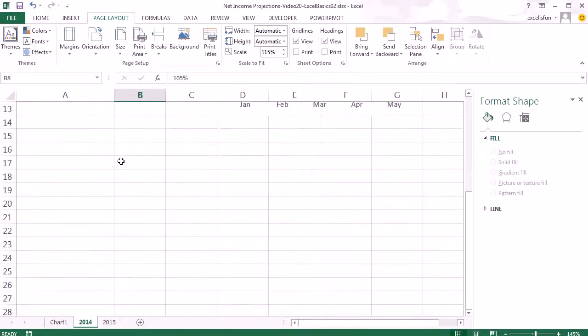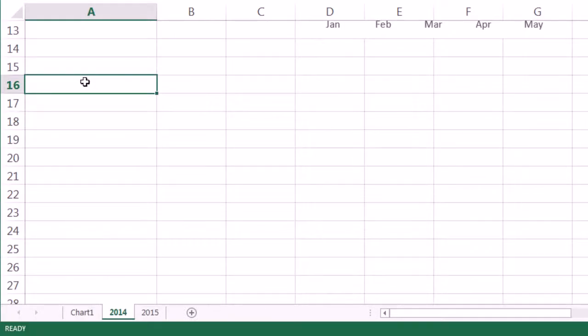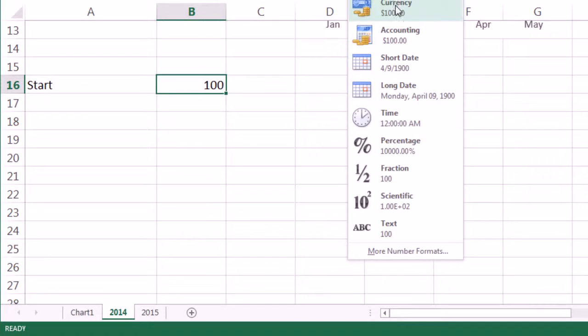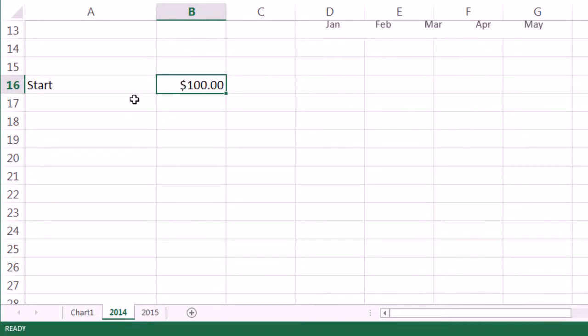Now let's come down here. I'm going to click in cell A16. I'm going to start out with a simple example. We'll have a start amount, and I'm going to type 100. I'm going to come up to the Home ribbon, and in the number group, I'm going to add some currency number formatting. The increase will be